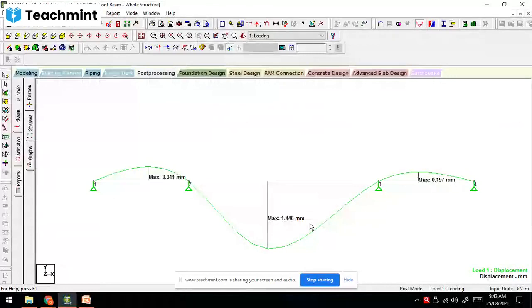For span AB, maximum deflection is 0.311 mm. For span BC, the load is applied at a distance of 2 meters, so the maximum deflection is 1.446 mm. And for span CD, the third span, deflection is 0.197 mm.